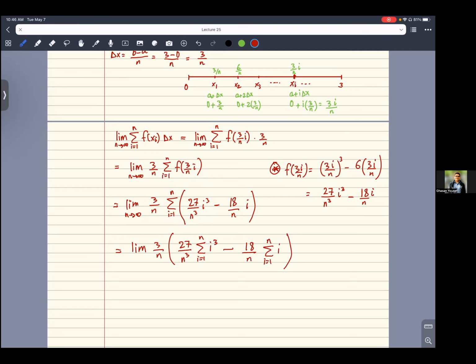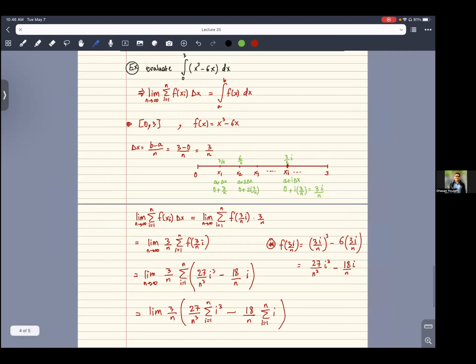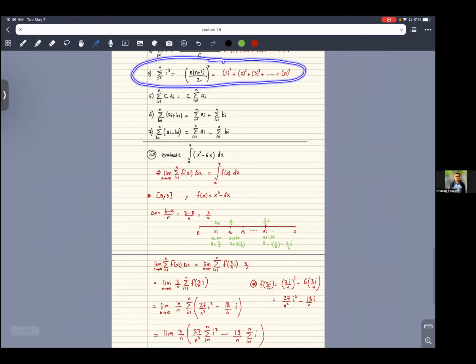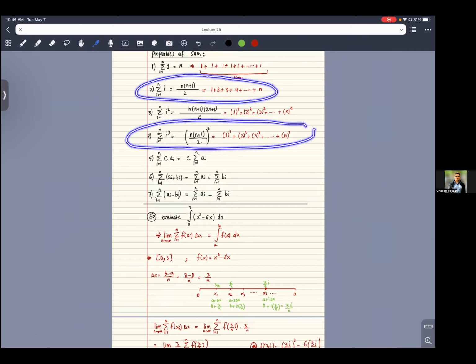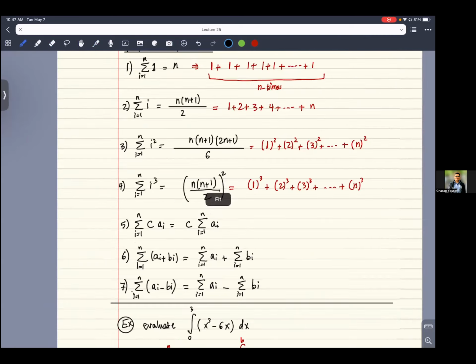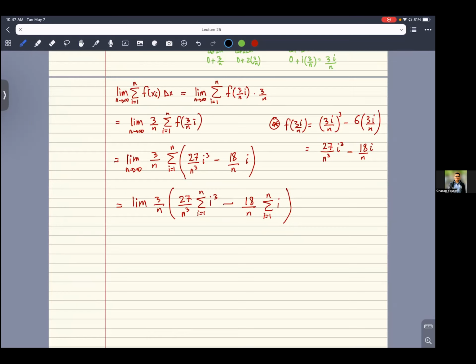Okay, now we're going to use the formulas for the sum. What is the sum of i to the power 3 equal to? It's the same as these things. And what is the sum of i? It's the same as these things. This is the sum of i, this is the sum of i to the power 3. I'm going to put the minus like this. Okay, I'm just going to substitute the sum of i to the power 3 and the sum of i